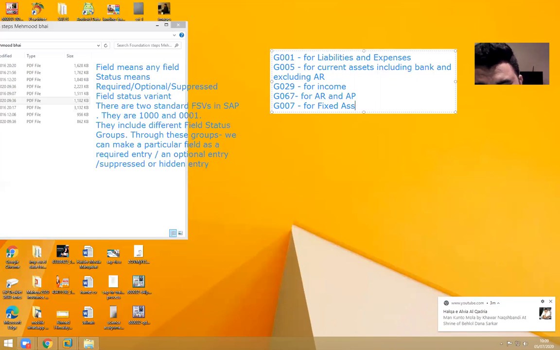But this submodule of financial accounting, we will do it later. We are now doing the foundation steps, right? We have to complete some 41 steps. That means we are completing one part of it. Then the next book will be totally on general ledger accounting.